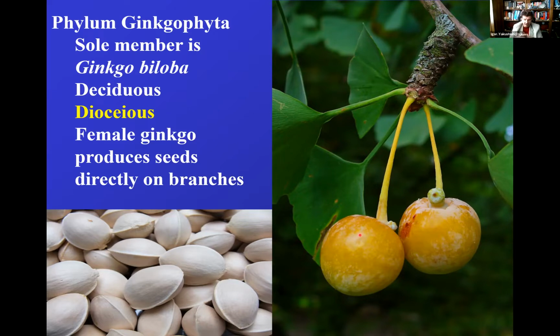And whenever the female produces those seeds, whenever they fall down from the tree onto the ground, they produce a really, really bad smell. That's one of the reasons that when we are planting them, we usually don't plant females, because it's not the seeds themselves, but whenever they fall on the ground, they produce a really bad smell. Most people describe the smell as a mixture of dog vomit with dog feces. So yeah, not a very pretty smell whatsoever.